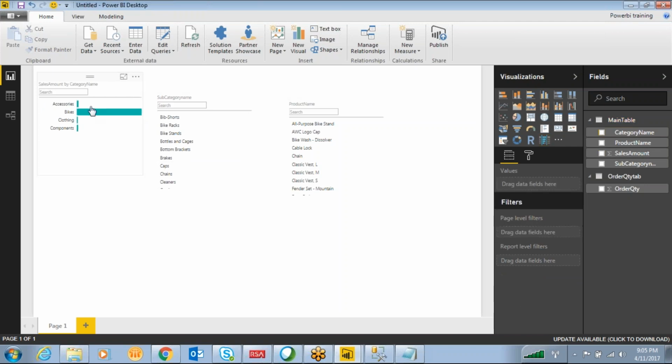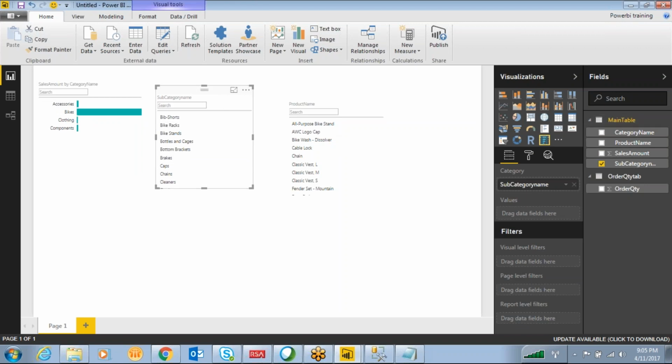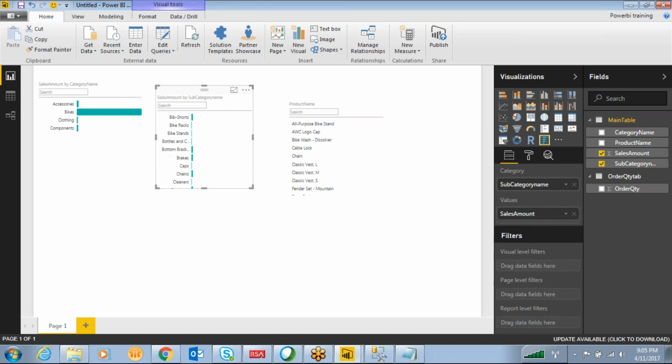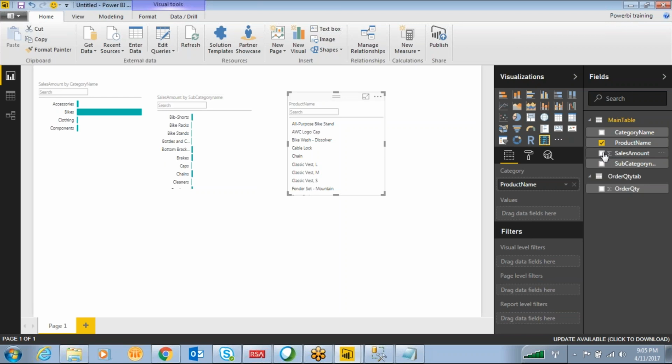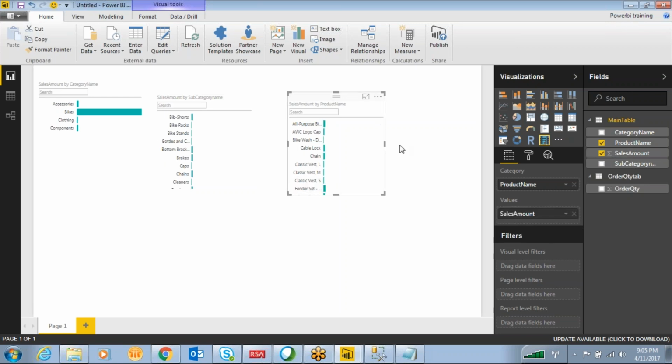See here, for the accessories, for the bikes, what is the sales amount? 2831845. Okay, right. The same way I want to select sales amount for subcategory also, and for this slicer also I am going to select the sales amount. Okay, so the values it is displaying here, right?